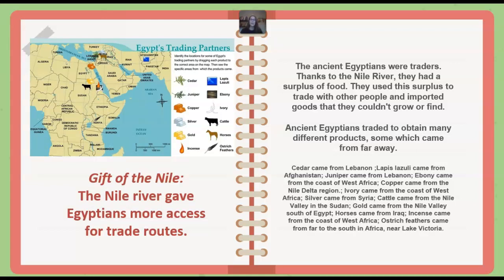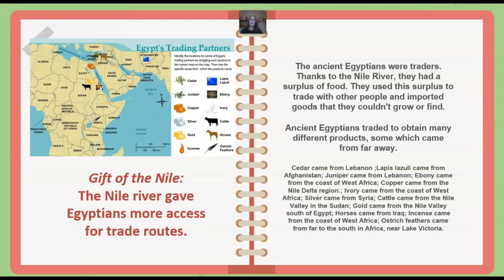what they traded. Ancient Egyptians traded to obtain many different products, some which came from far away. So cedar came from Lebanon. Lapis lazuli came from Afghanistan, juniper came from Lebanon, ebony came from the coast of West Africa, copper came from the Nile Delta region, ivory came from the coast of West Africa, silver came from Syria, cattle came from the